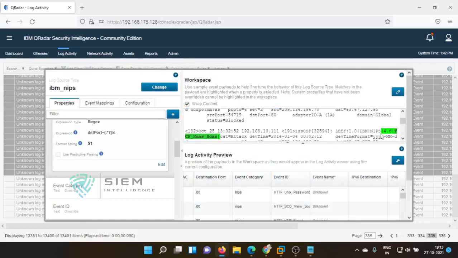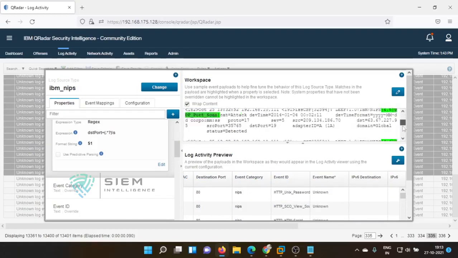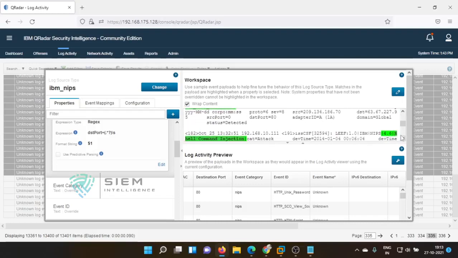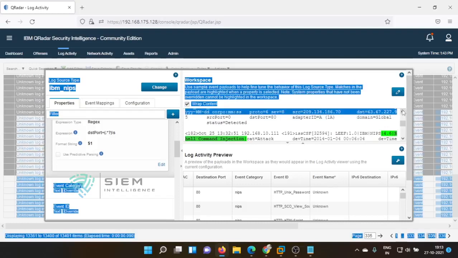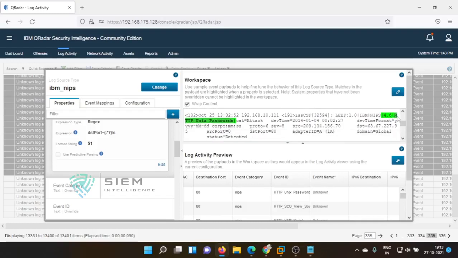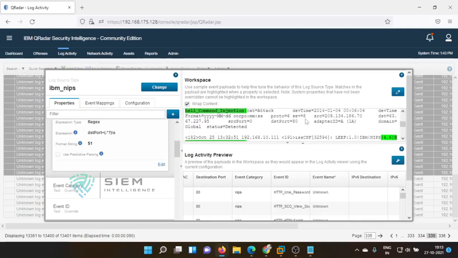We have to find something unique in each and everything. So here, I am not getting any event ID for any event. There is no event ID for some of the categories. So what we used to do is pick up the event name only. That's why I captured this HTTP unique password, shell command injection. So I pick it as the event ID, only to create the event name. How to create the event name, we'll see.